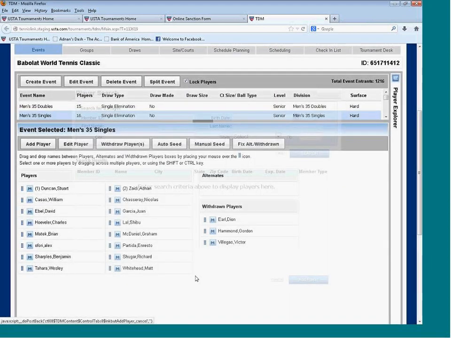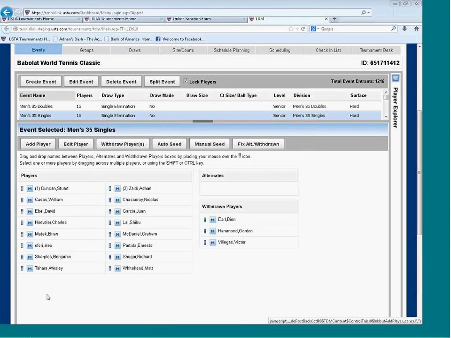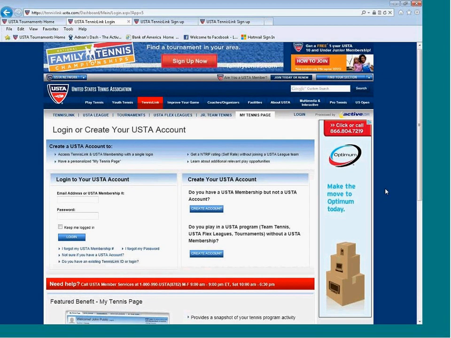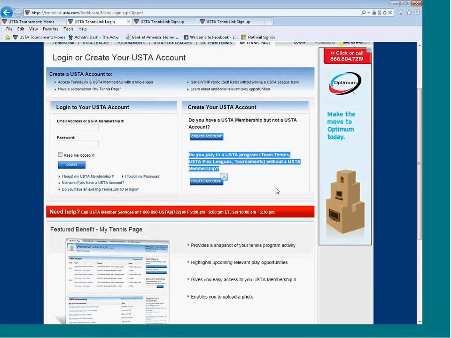Okay, so where is it? Well, if I go back to the login screen that we saw earlier, on this login screen, off to the right, there's text that reads, "Do you play a USTA program without a USTA membership?" So if you have players who are foreigners, they're going to be playing in your tournament, those players